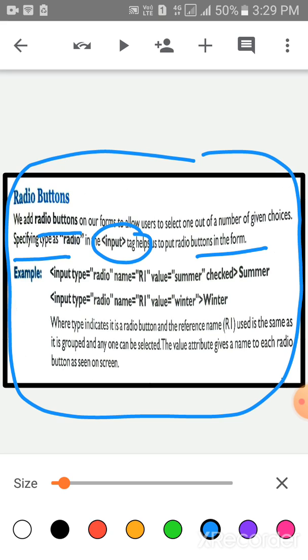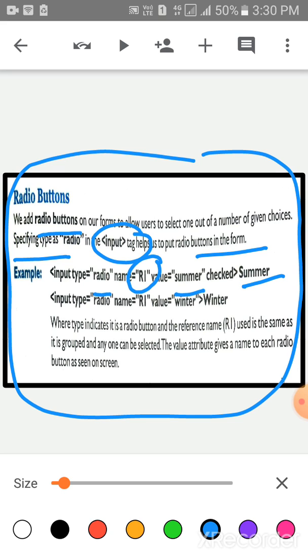See the example, children. Input space type is equal to, within a quote write down radio, space name is equal to, within a quote write down RI, space value is equal to, within a quote write down summer, space checked, and then write down lastly summer.